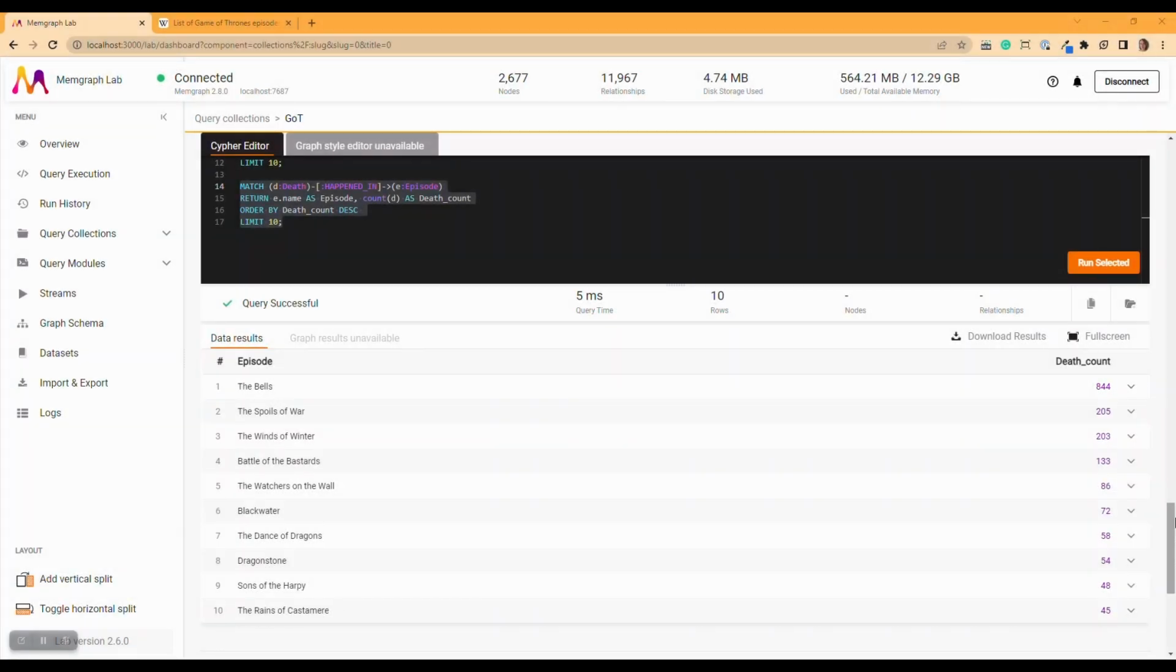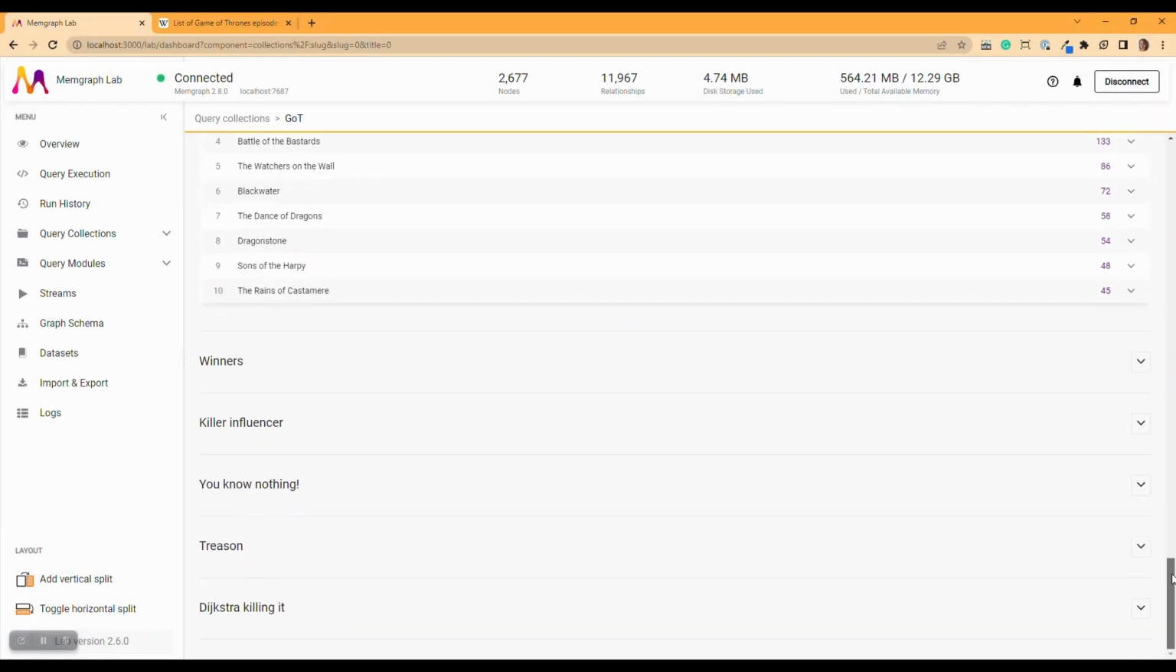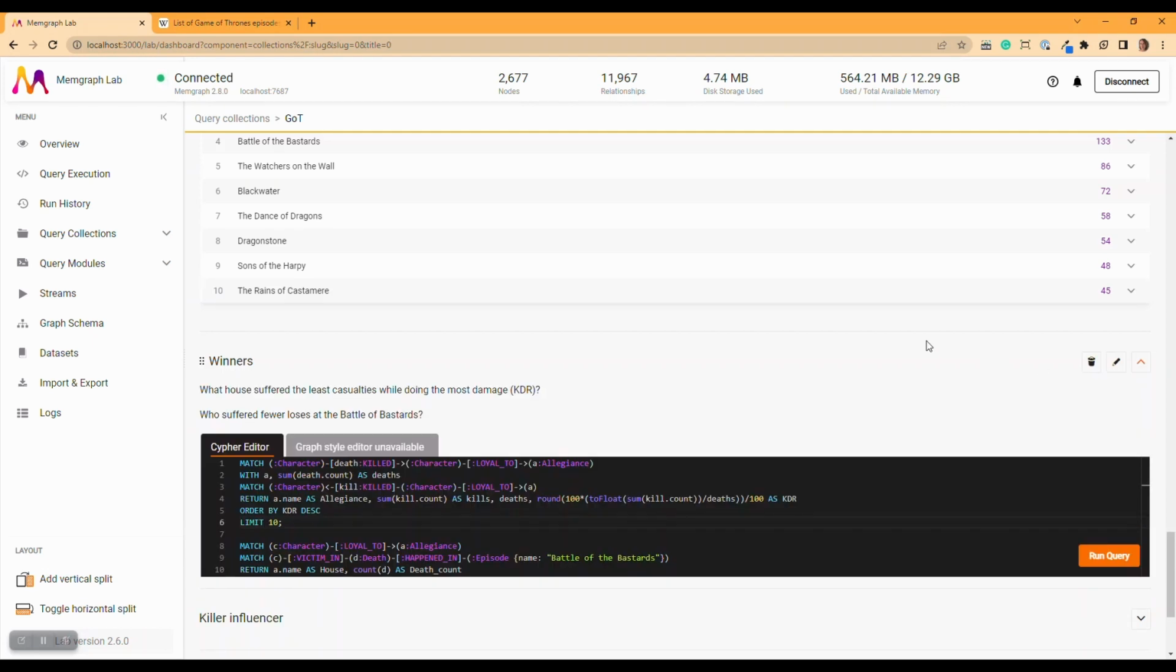So let's move to a bit of a different topic. Let's find out who the winners of the Game of Thrones are. We know who ended up sitting on the throne, but let's look at what house suffered the least casualties while doing the most damage, or let's check the kill-death ratio. So we are looking at characters who killed other characters who were loyal to a certain allegiance. And then we are counting those deaths. And also we need that allegiance in the next query, where we want to check how many people from that allegiance killed other